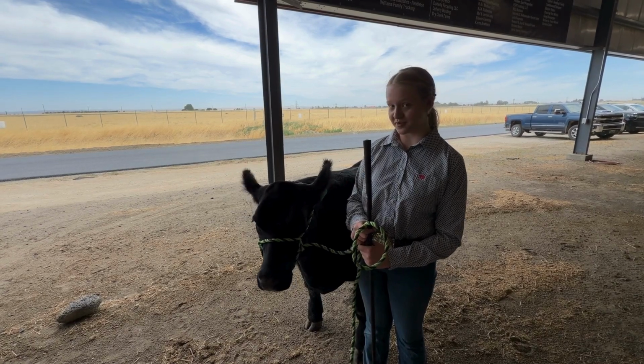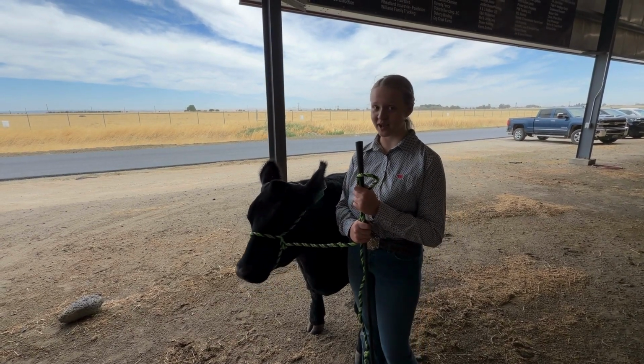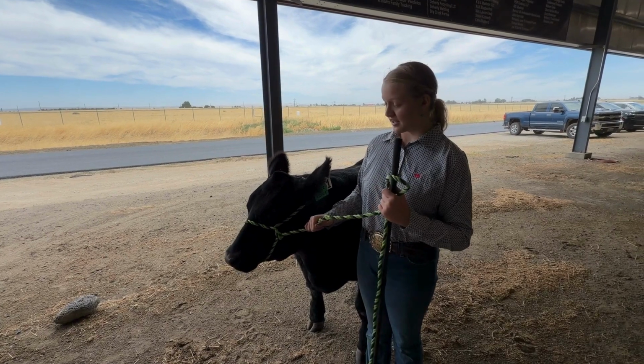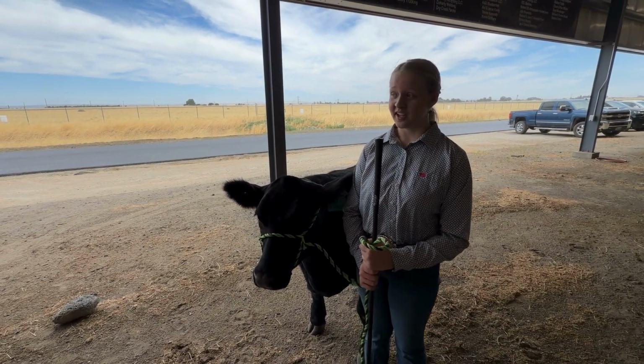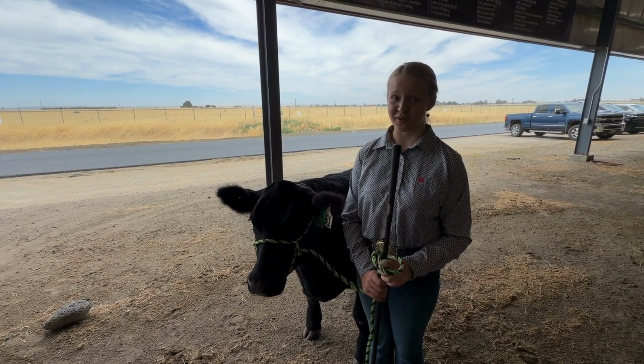This is my steer, Mike Wazowski, and we're in Hermiston right now at the jackpot. I just want to say thank you for considering my application for the Nile Merit Heifer, and I guarantee that she'll have a really good home with me,